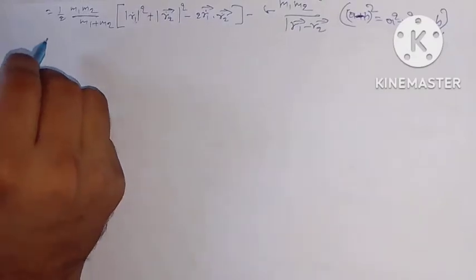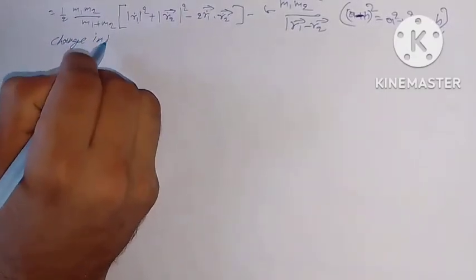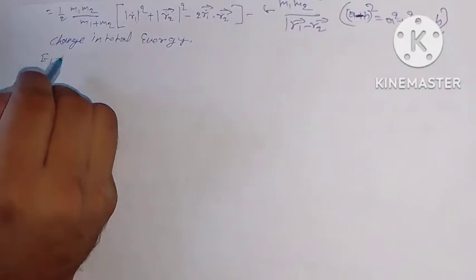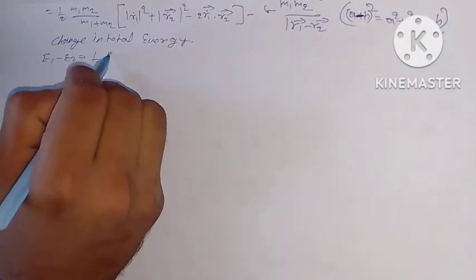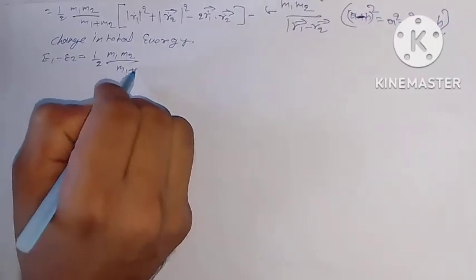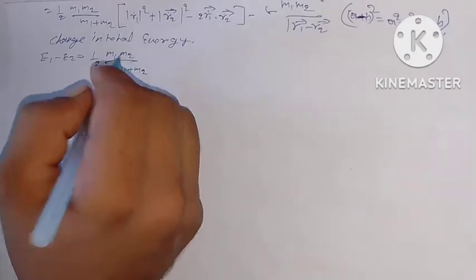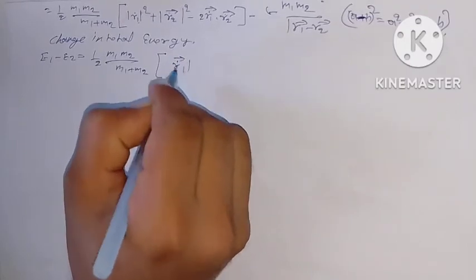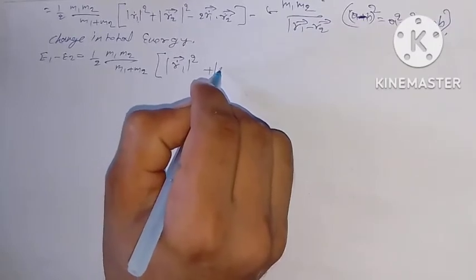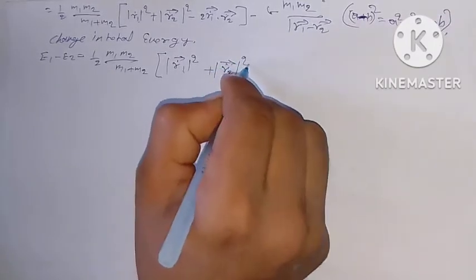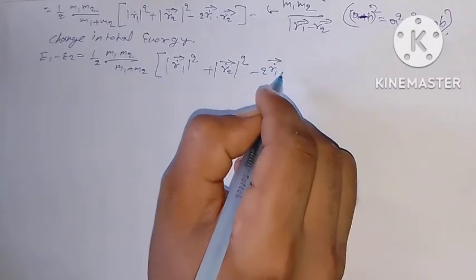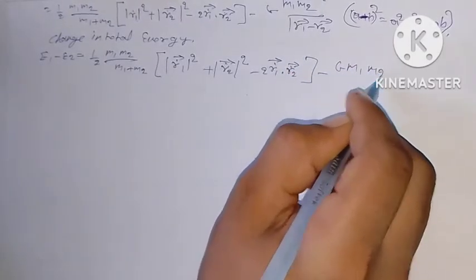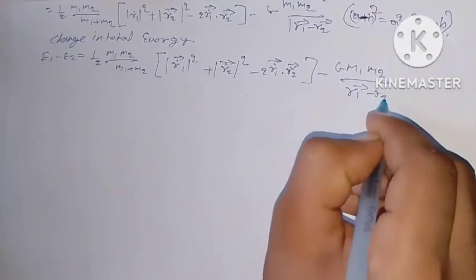Change in total energy, E1 minus E2, equal to 1 upon 2 M1 M2 upon M1 plus M2, in bracket derivative of R1 vector whole square plus mod of derivative of R2 vector whole square minus 2 derivative of R1 vector into derivative of R2 vector, minus G M1 M2 upon mod of R1 vector minus R2 vector,